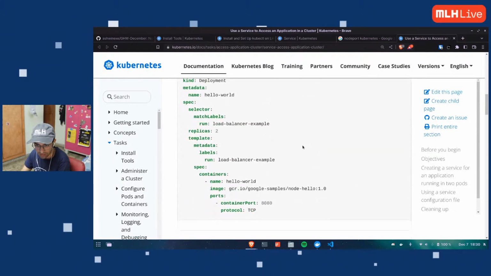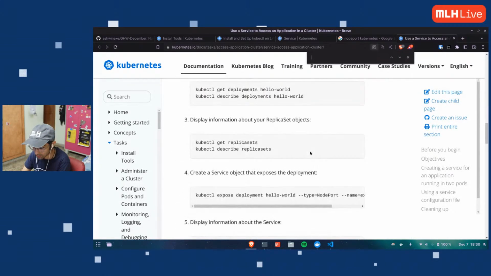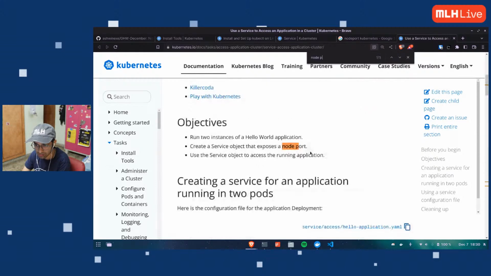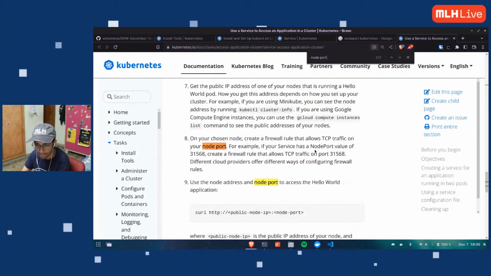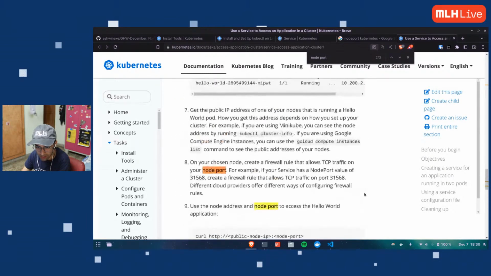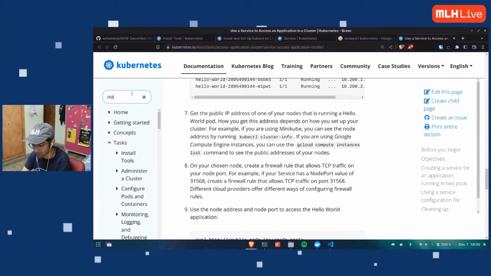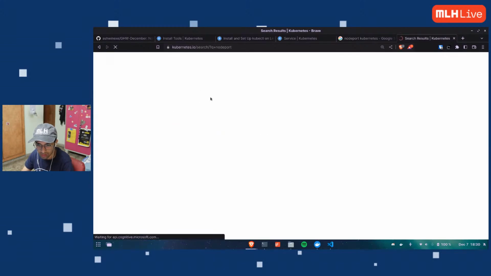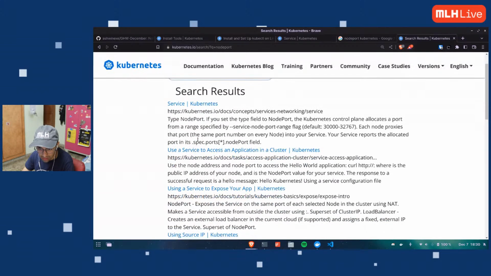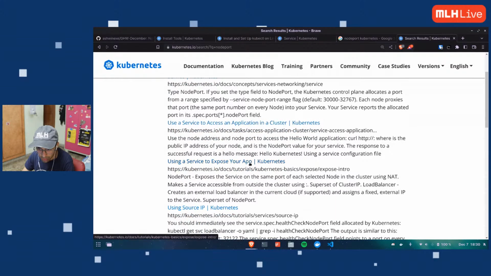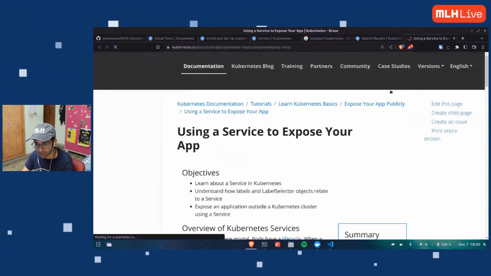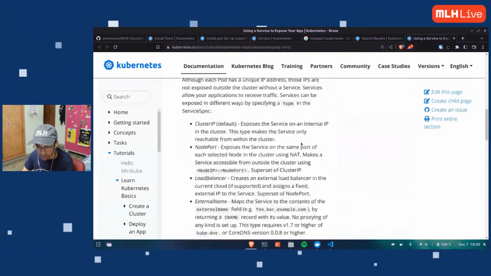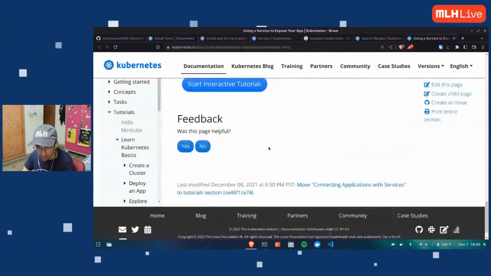So if I just go here, I should have an example right here somewhere. Let's see. I can also search node port. We are interested in exposing our app, and let's see.